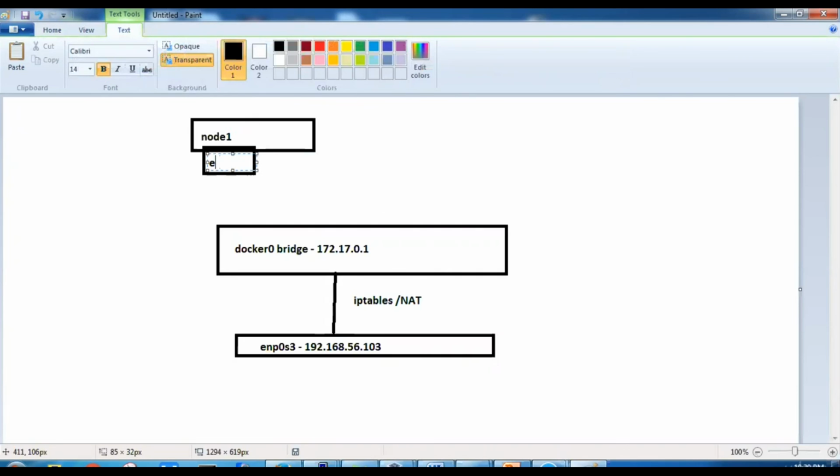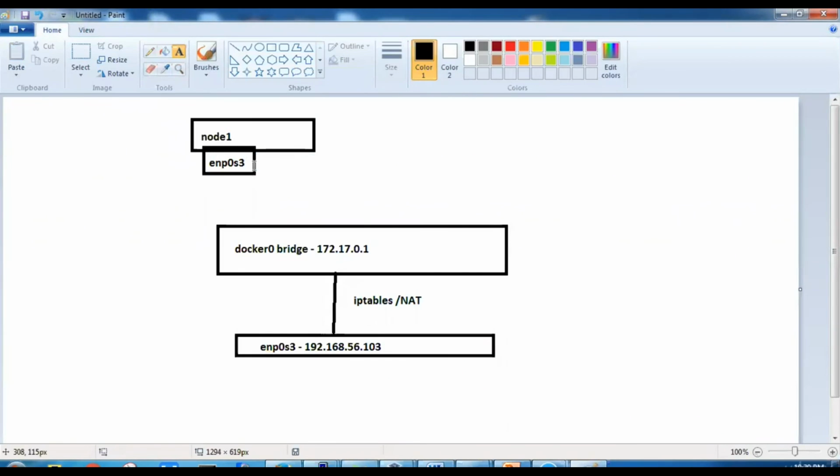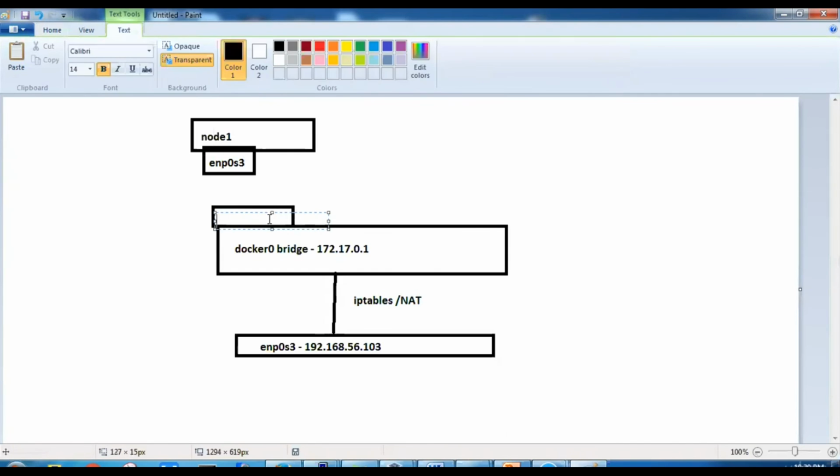So let's say example ENP0S3 here also. This ENP0S3 is attached to the container node 1, and this is the interface which the container is going to use to communicate. But at the same time, when we create a container, it adds one virtual interface on that bridge, and that starts with VETH, similar to this.